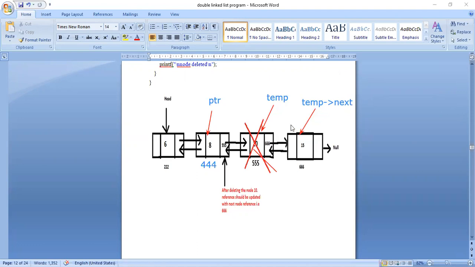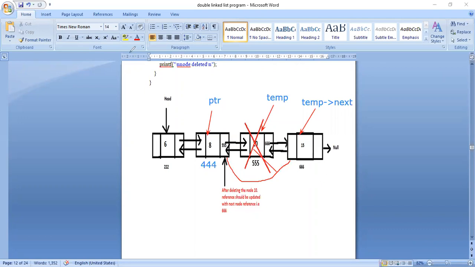So you can see this is temp, PTR, PTR of next. In PTR of next, if I keep the value of temp of next, which is nothing but 666, automatically this link will be allocated.